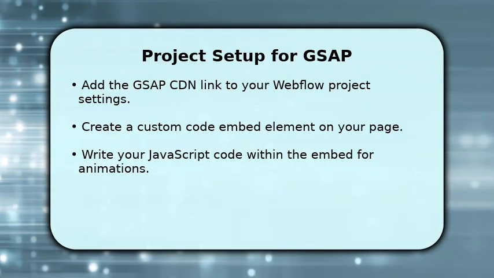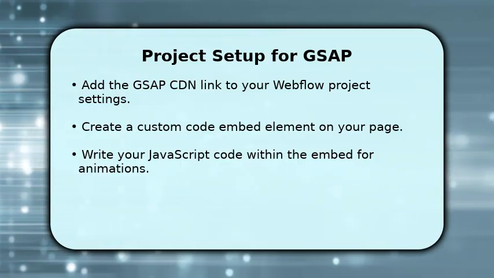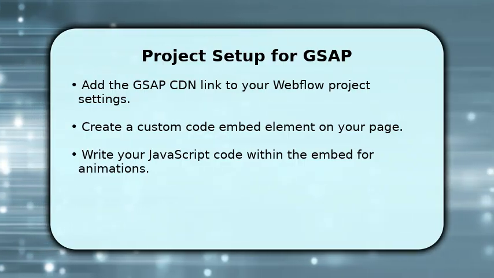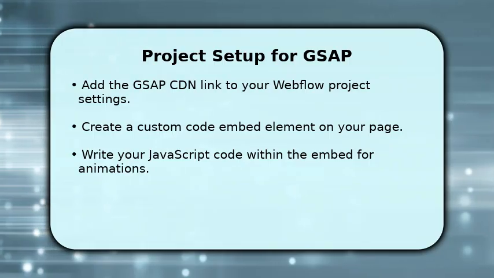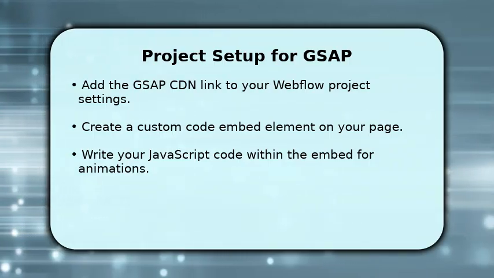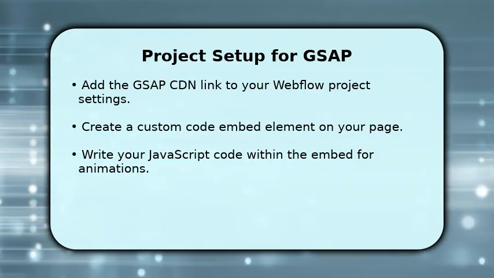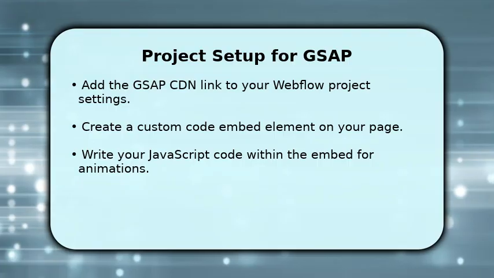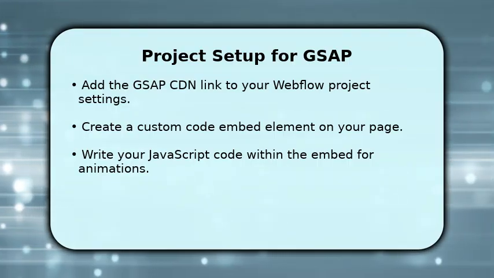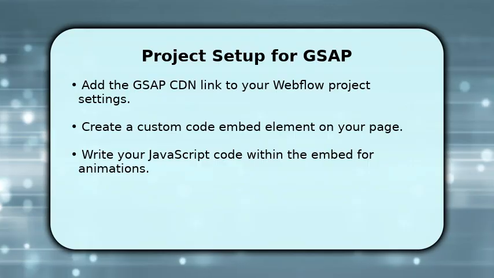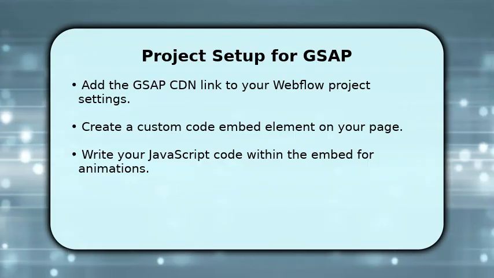To begin, navigate to your Webflow project settings and locate the custom code section. Here, you'll paste the GSAP CDN link into the body tag. Next, on your desired page, drag and drop an embed element from the Elements panel. This embed block is where you'll write your JavaScript code, including all your GSAP animation logic, ensuring it executes correctly